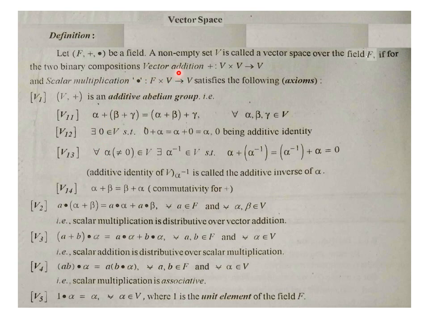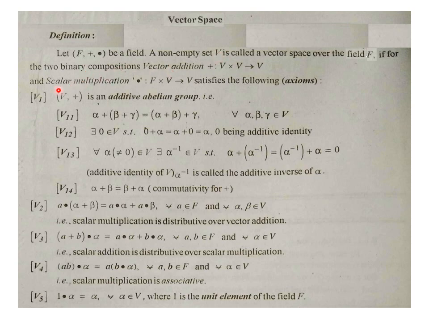First of all, the first binary composition is vector addition. Practically we discuss its meaning: vector addition is a binary composition means if we add any two elements of set V, and the result again comes as an element of set V. That is about vector addition as a binary composition.